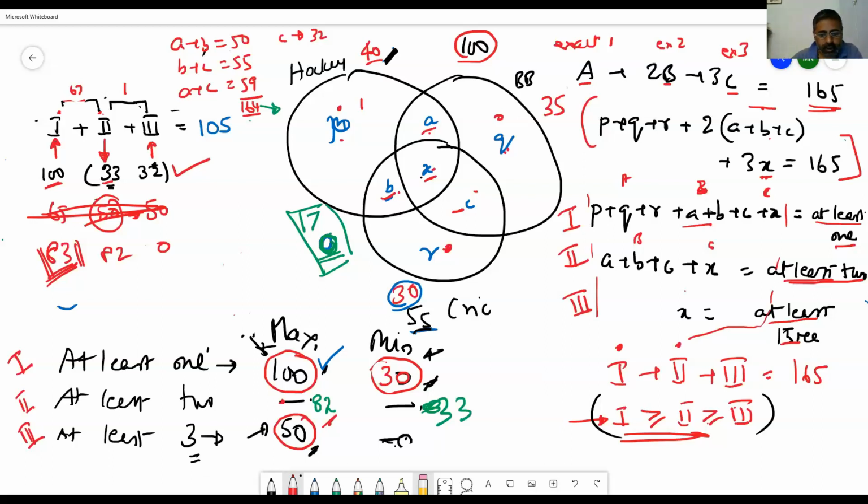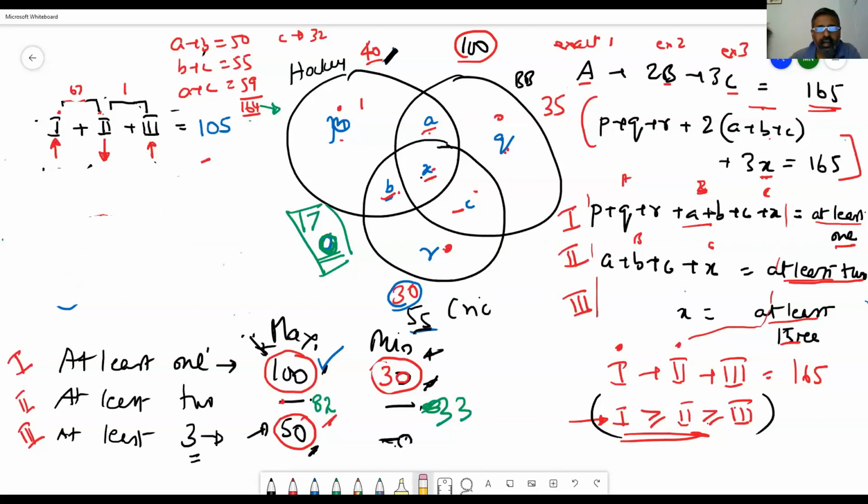Now let's look at this. Minimum value should be 40, no? Which minimum value? At least one minimum value. Oh, at least one, yes, you're right. I actually mistook it as this. I'm sorry, this is 30 and this is 40. Thanks a lot. This is 40. I think this is clear, right?